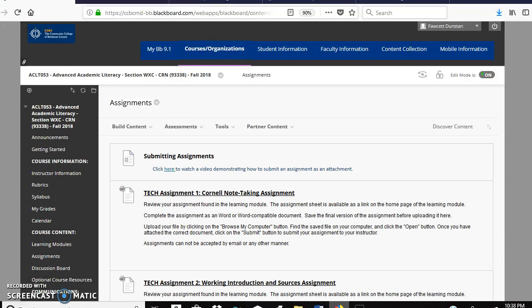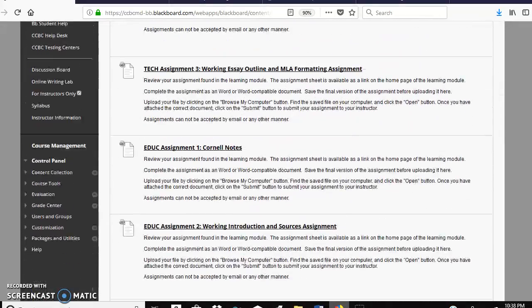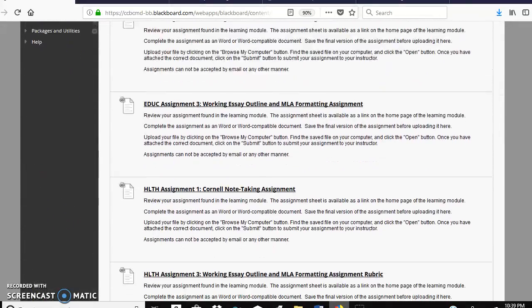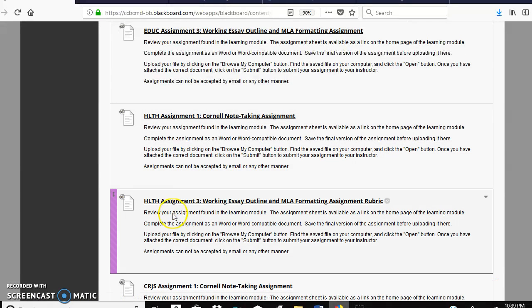And you will scroll down to the Health module, and you will see Health Assignment 3, Working Essay Outline, and MLA Formatting Assignment Rubric. I'm going to go back to the